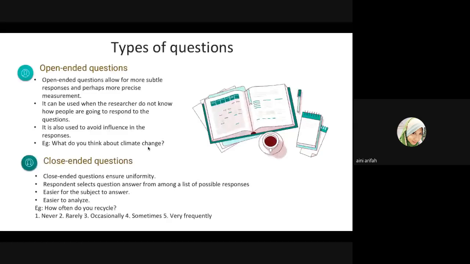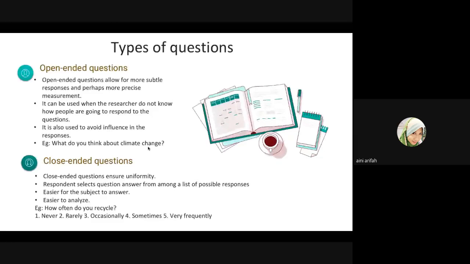So you ask open-ended questions. Sometimes when the researcher wants to avoid the influence in the responses, therefore they ask open-ended questions. One example of an open-ended question is, what do you think about climate change? You might get a very short answer to this, or you might even get a whole essay on what they